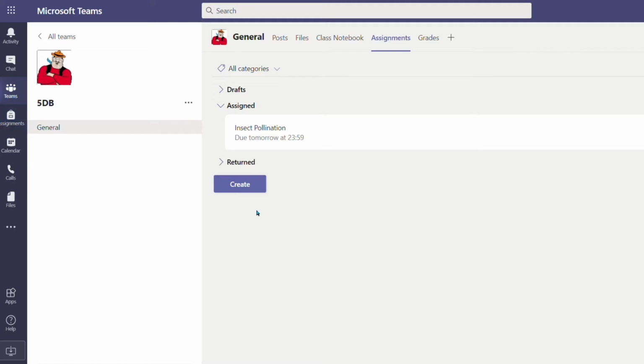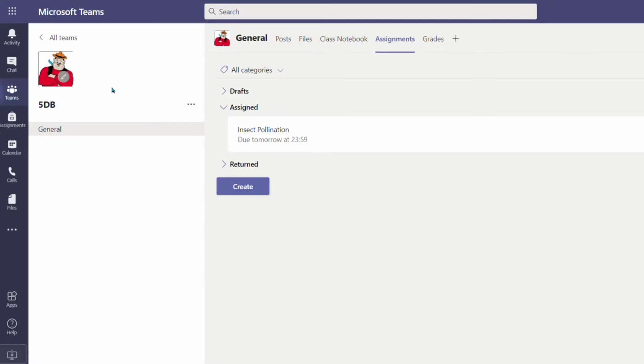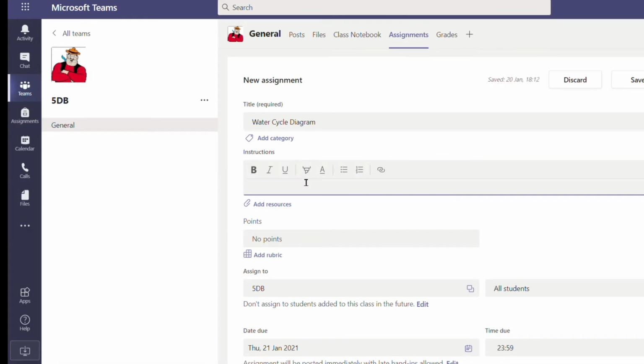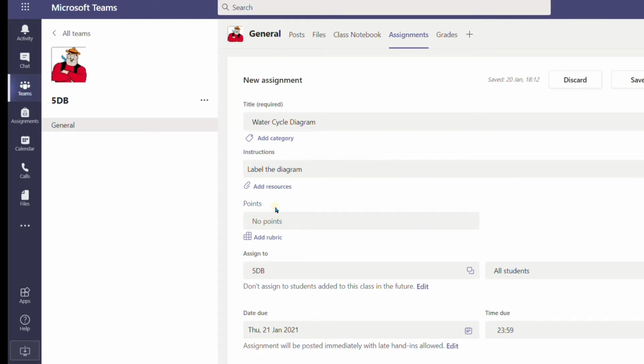I'm going to click on Create Assignment, and to do that you just need to go into the Assignments section or General Channel Assignments and Create. I'm going to choose Assignment. I'm just going to call this Water Cycle Diagram. Enter some instructions. It's important you add the resource, so when you click on Add Resources,